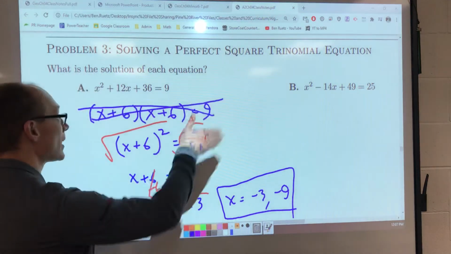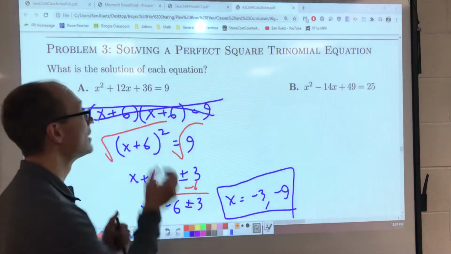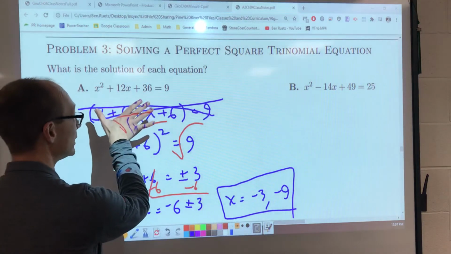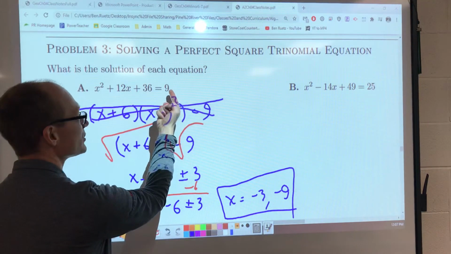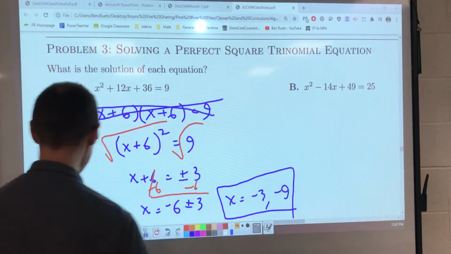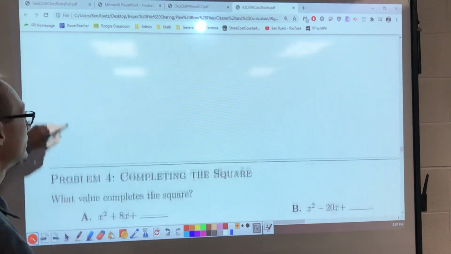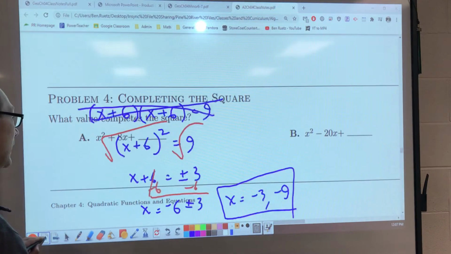Would it work to subtract 9 from both sides? Yeah, it would. And this would factor nicely. But the cool thing about this completing the square idea is it doesn't have to factor in order for us to solve it. So more on that in a second. Let me scoot on down. This next one, I've got to go back and find